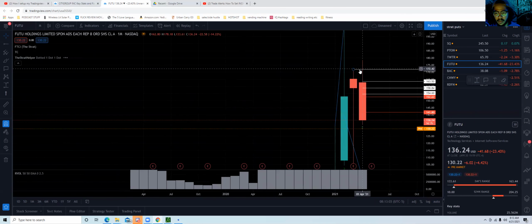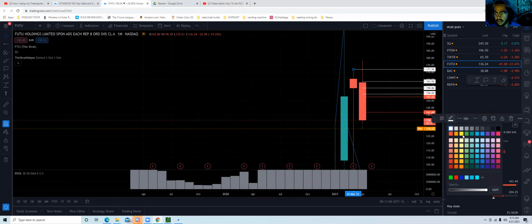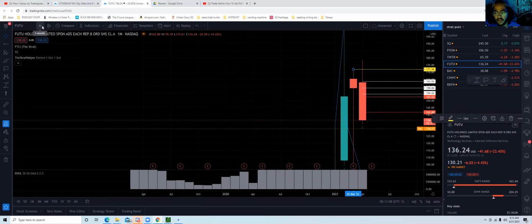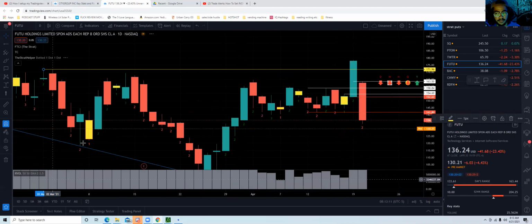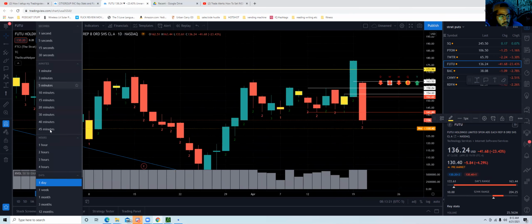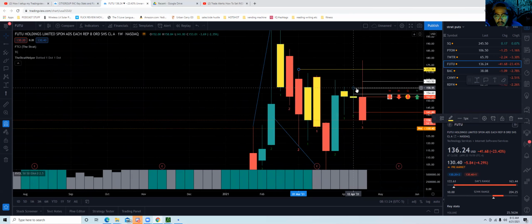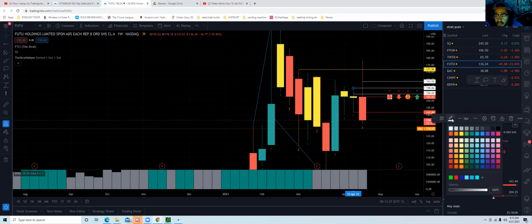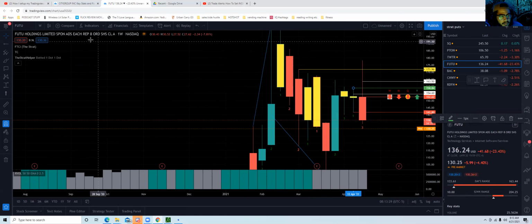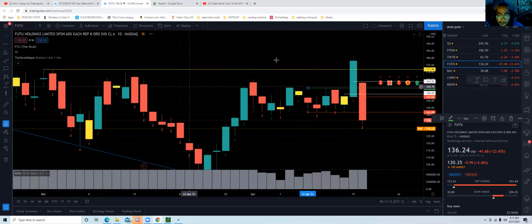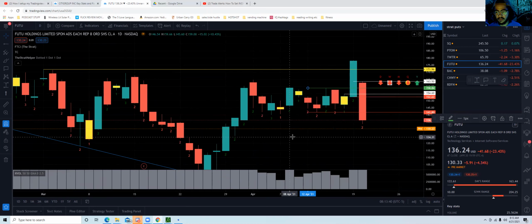All right, so your monthly, I want to change this color, make this yellow. So it needed to break above 171.96. All right. So as you can see, 171.96 is way up here. So you had your actionable signal right here on the daily. It broke above that. Let me change the weekly to a different color. Change that color to green. You had your actionable signal on the daily. Boom. So you could have hopped in the trade early as soon as it broke above 154.60.